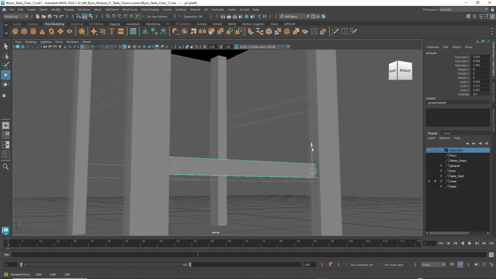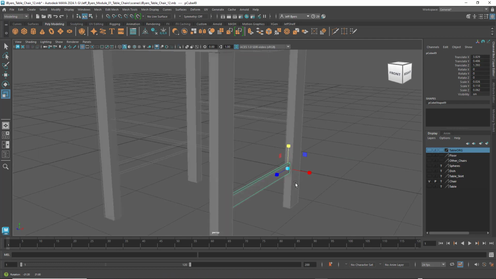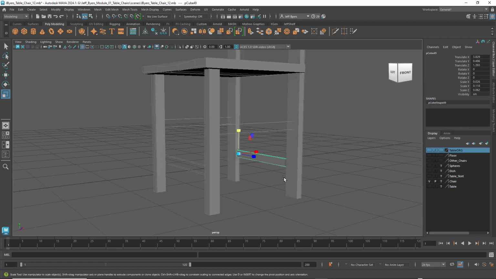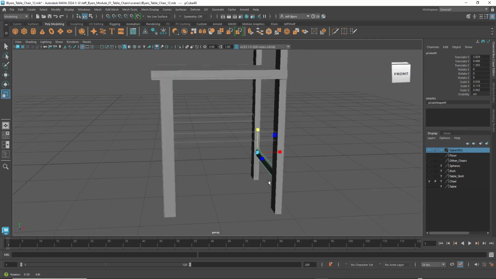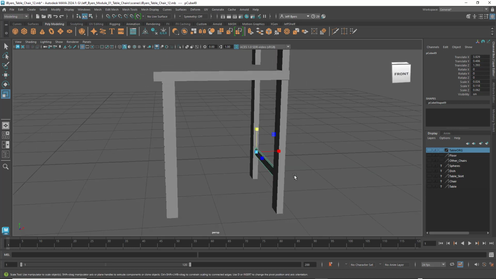And again, move that up. And we're going to make that a little bit thicker, a little bit wider. So I'm going to hit the R key and just scale that up a little bit like that. Okay. All right. Looks good so far. And again, I'm going to take that off. There we go. And I'm going to go ahead and hit the W key, and I'm going to go to